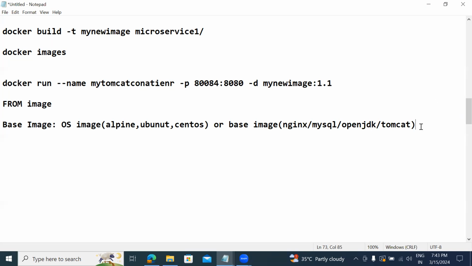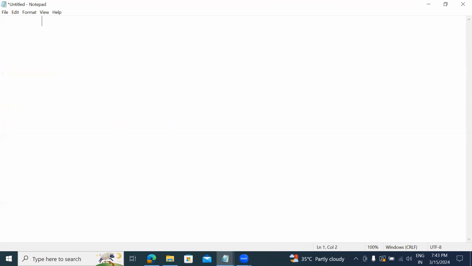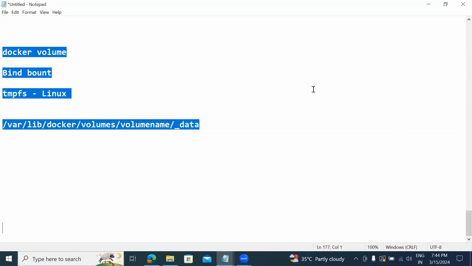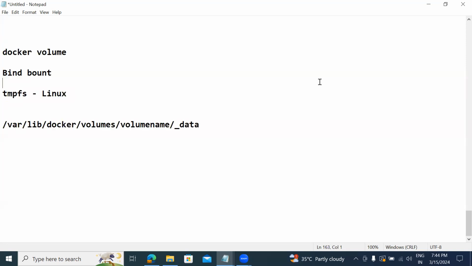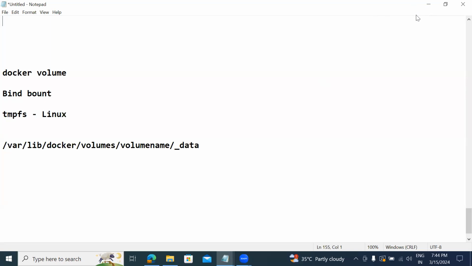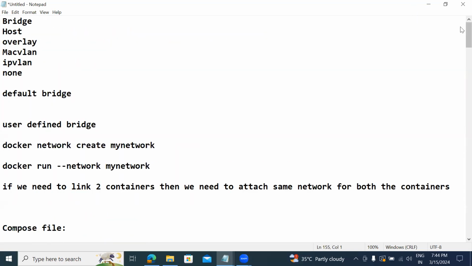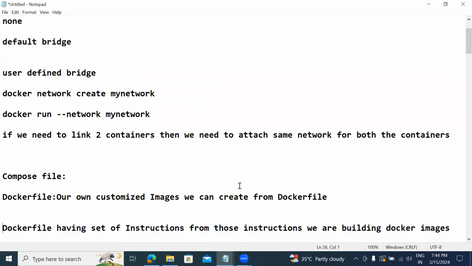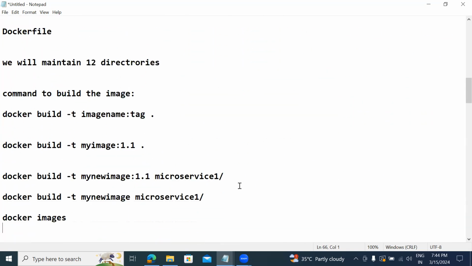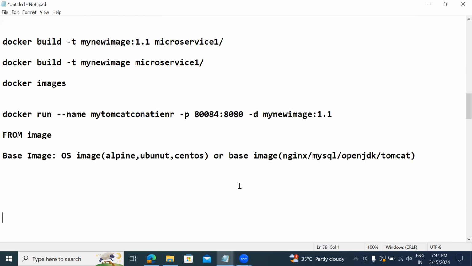So what is the first instruction of our Dockerfile? FROM. The FROM instruction is mandatory. We should have the FROM itself. Okay, then the second instruction is